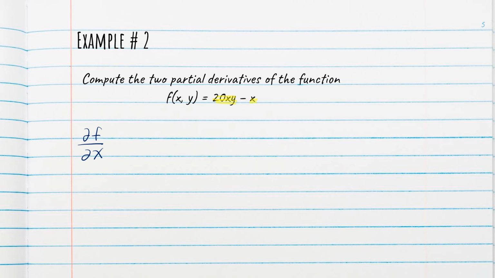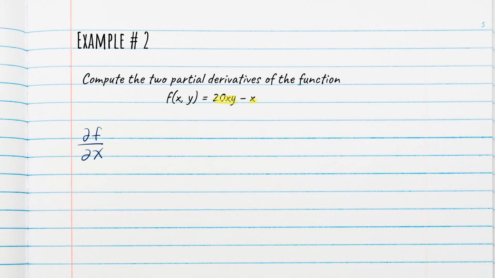That's going to make our differentiation process a little bit more difficult. Also, as we look at this function, I want you to notice that unlike example 1, where x and y were in separate terms, here x and y coexist in term 1. So we're really going to have to do a little bit of mental work to successfully find the two partial derivatives.